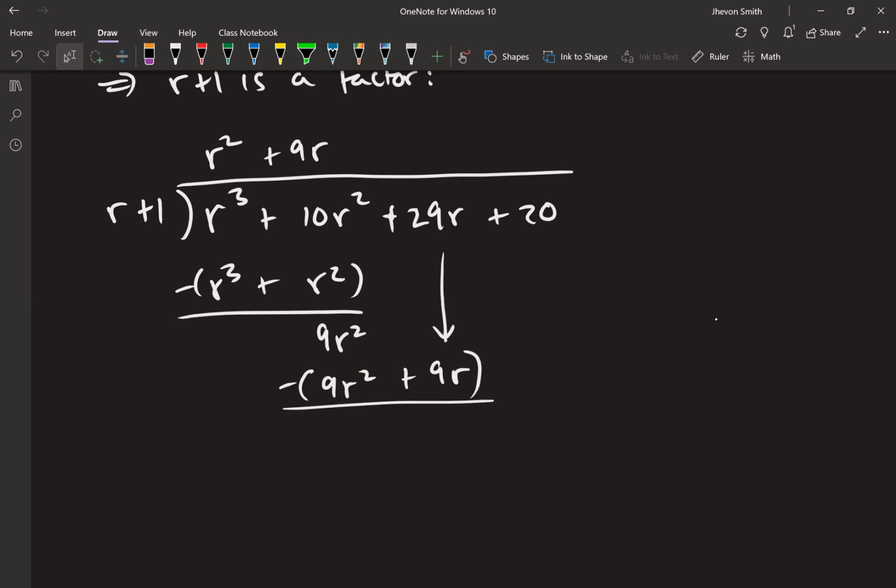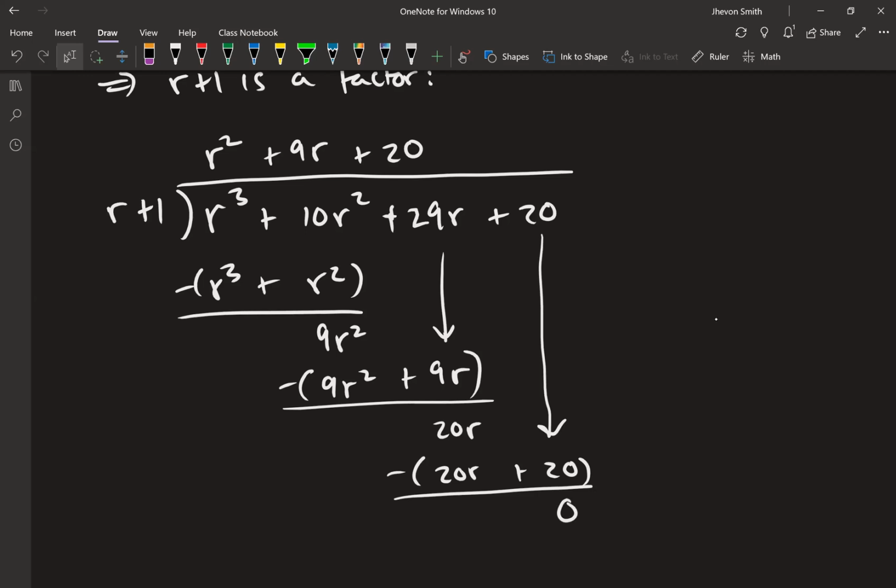Move this down. I would get 20r. r into 20r goes 20. Here I get 20r plus 20. Subtract. Move this down. 20 minus 20 is 0. So I know I did this correctly. And so it means I can factor these guys into,